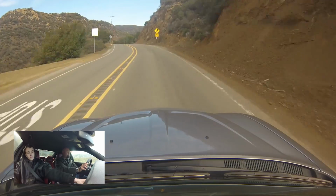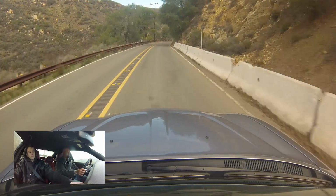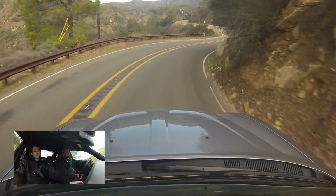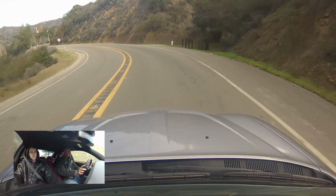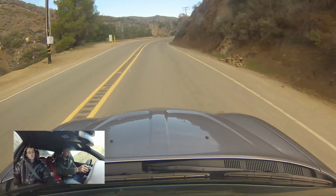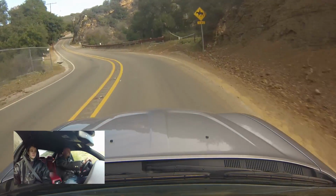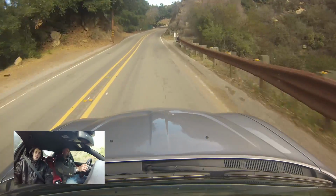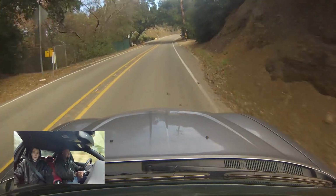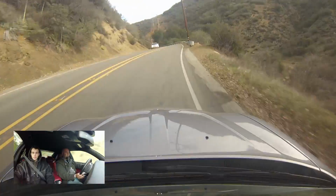It's got good power. How will it handle this hairpin? Hey, pretty good. Not even a squeal from those Pilot Super Sports. Turned in nice under braking. I'm surprised. This is good. For a car that's so big, man, this thing is good. 4,600 pounds. Yeah, but when you distribute it properly,